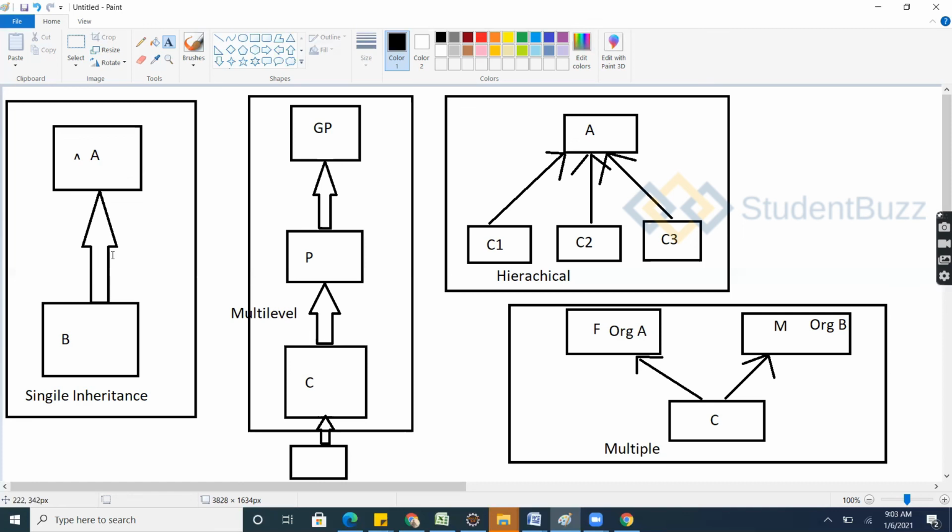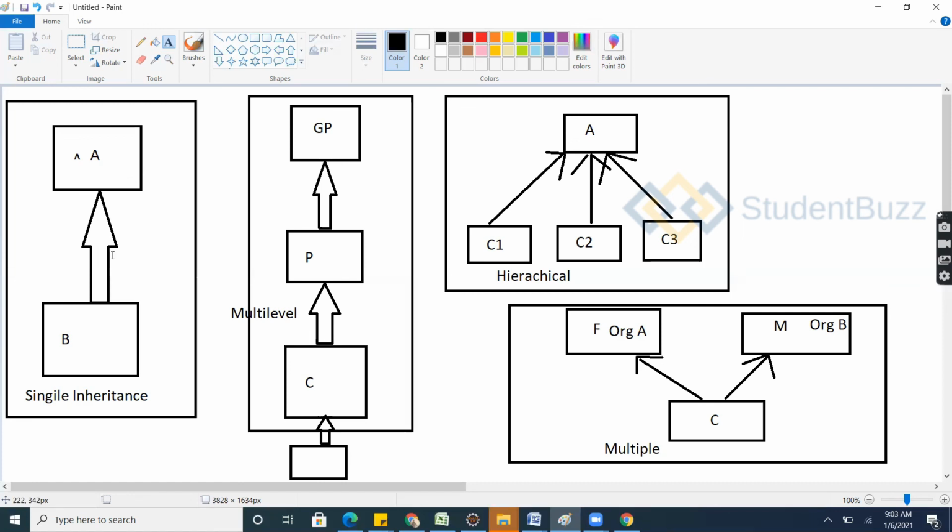When it comes to multiple, it is not possible. You have another one, which is hybrid. It can be accessed from anywhere, and it is also not possible. So understand this: by using classes, you can achieve single inheritance, multi-level inheritance, hierarchical inheritance.